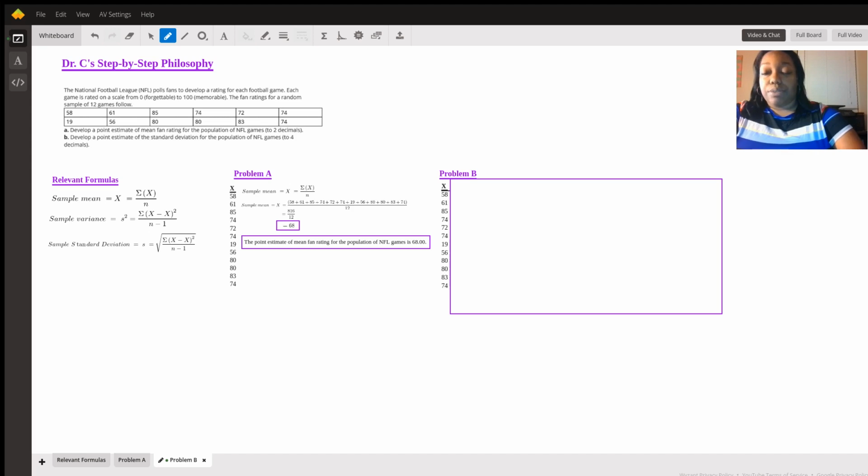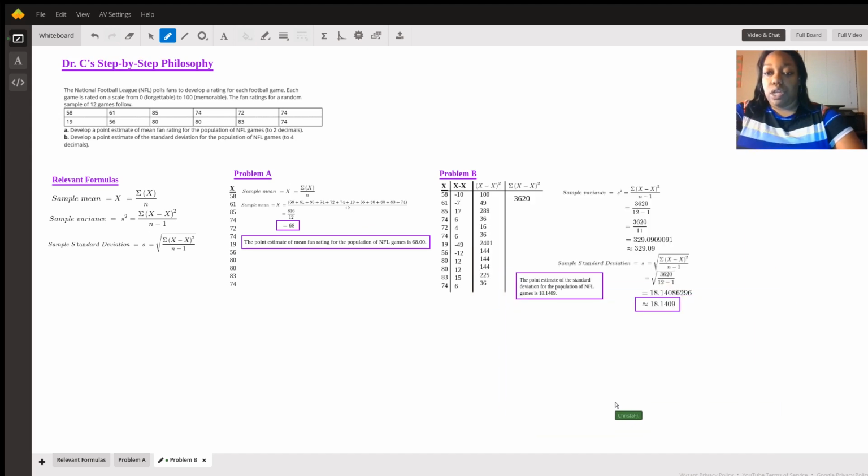The relationship between variance and standard deviation is that standard deviation is the square root of whatever we have for the variance. So in this instance, all we had to do was square root our answer. And when we do that, that gives us about 18.1409. So when we put everything together, the point estimate of the standard deviation for the population of NFL games is